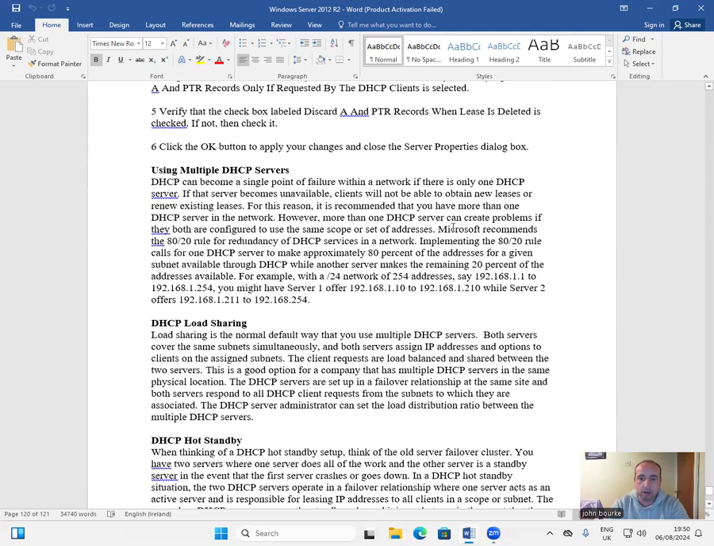However, more than one DHCP server can create problems if they are both configured to use the same scope or set of addresses. Microsoft recommends the 80/20 rule for redundancy of DHCP services in a network. Implementing the 80/20 rule calls for one DHCP server to make approximately 80% of the addresses for a given subnet available through DHCP, while another server makes the remaining 20% of the